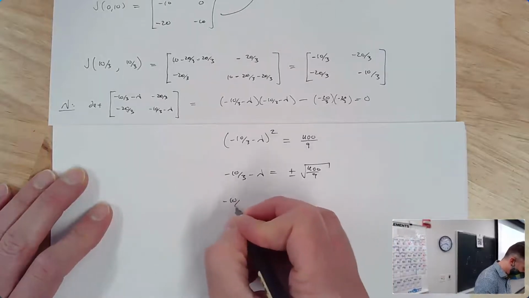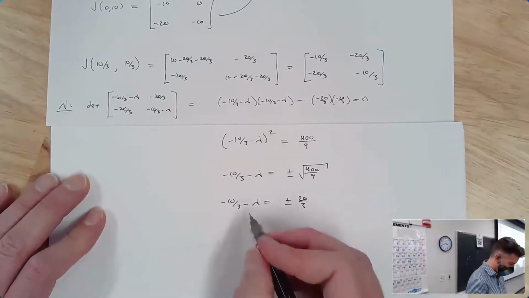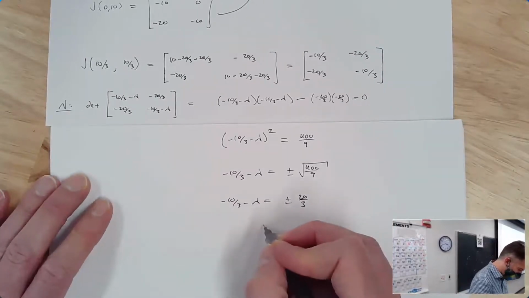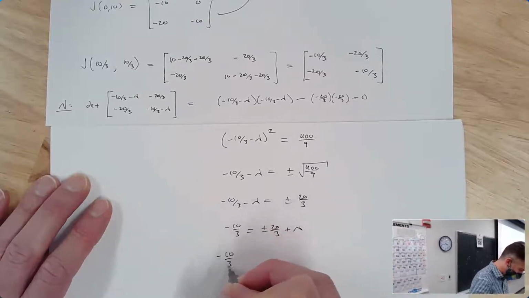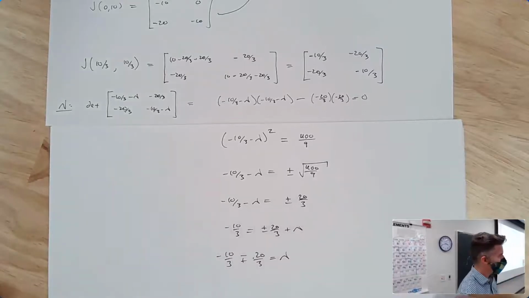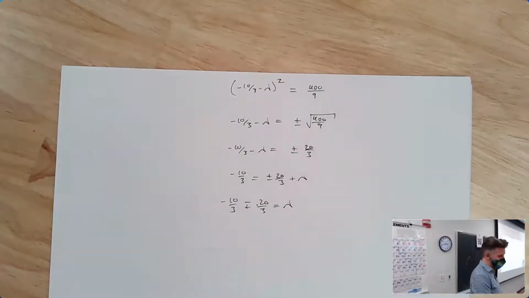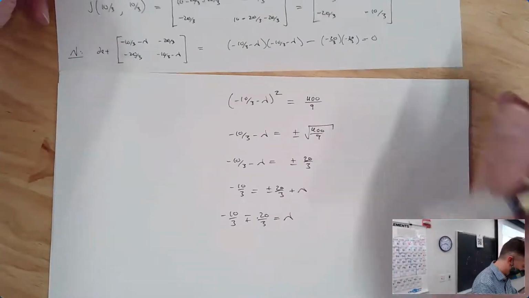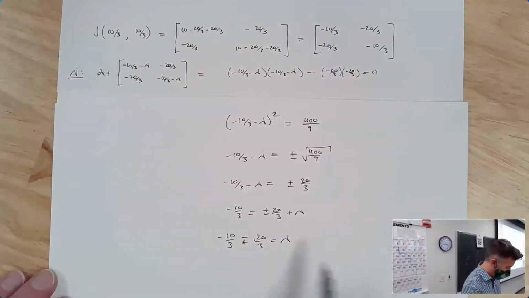So I get negative 10/3 minus lambda equals plus or minus 20/3. And then I'm going to add lambda over there, and subtract and do this over there. It feels kind of like cheating, I'm not going to lie. I feel like I've cheated you of the experience of seeing me do it the long way, because that only really works if you have specifically the same thing minus lambda times the same thing minus lambda. But let me ask you all, seeing this,